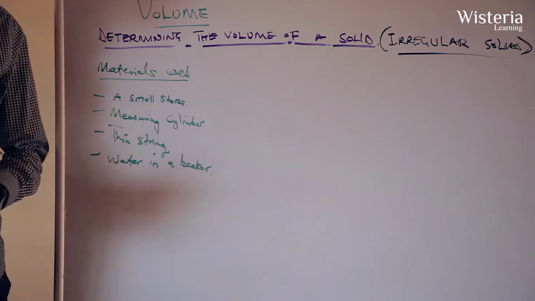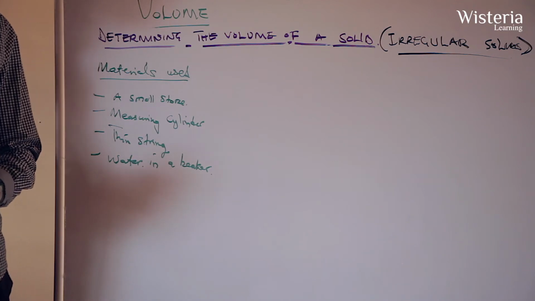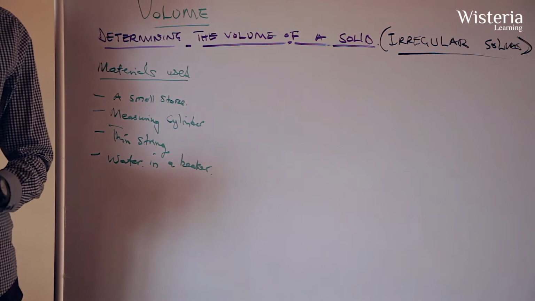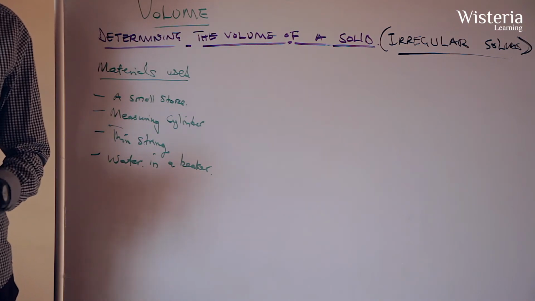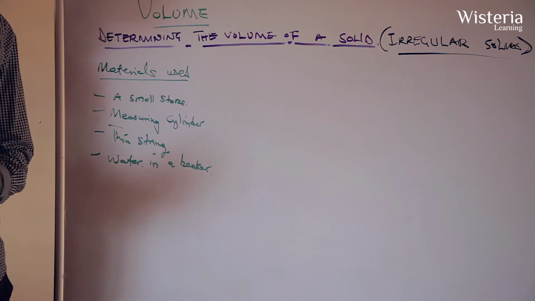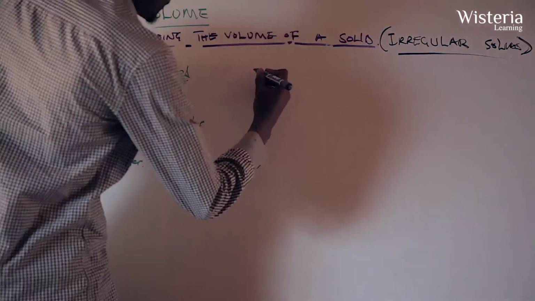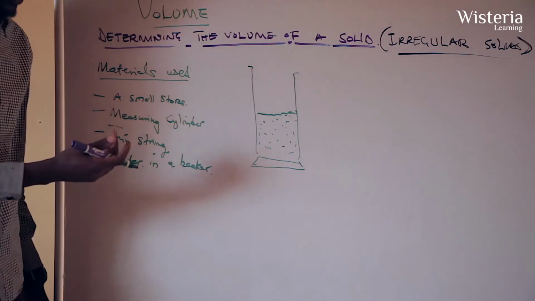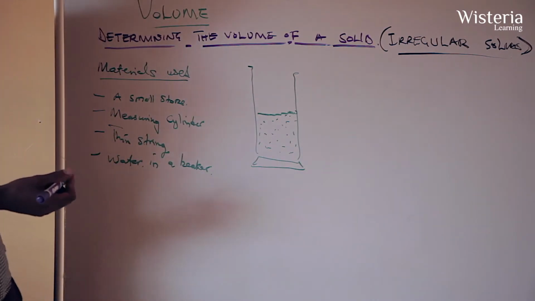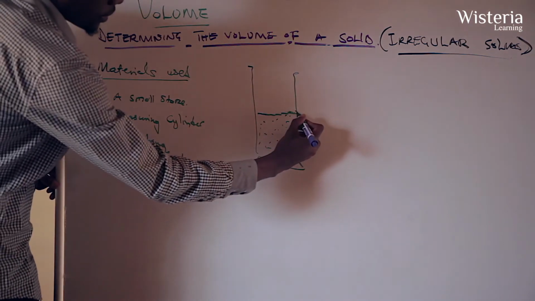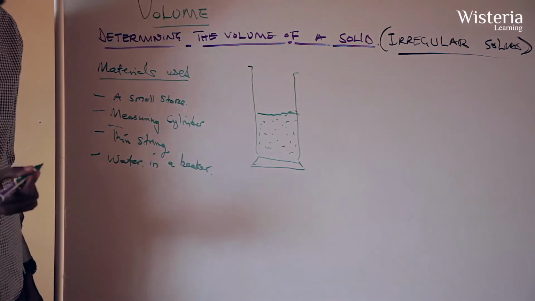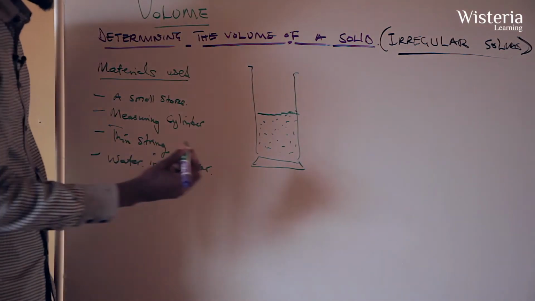So the first thing that you need to do is to pour some water in a measuring cylinder, and the water that you pour in that measuring cylinder, you record the volume right away as V1. So the first step is you get a measuring cylinder and then you add water in it. The level of water in that measuring cylinder is here, and you record that volume of water in the measuring cylinder as